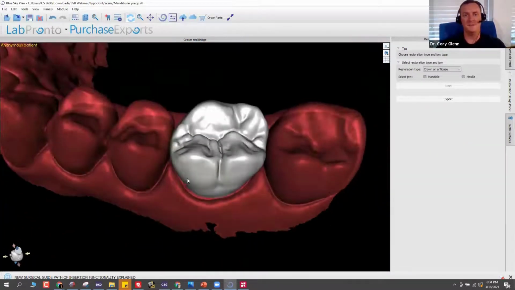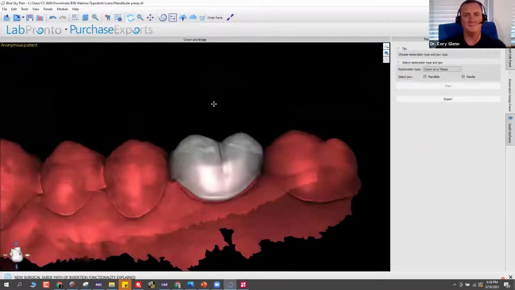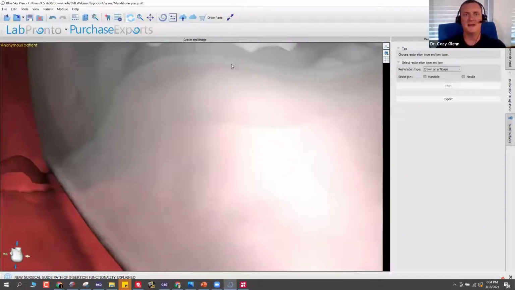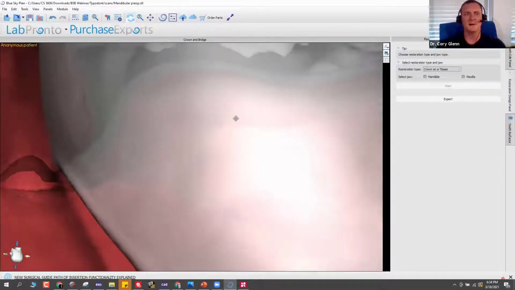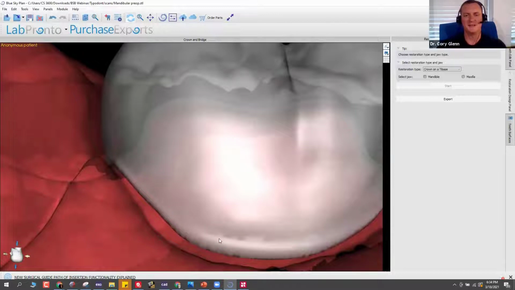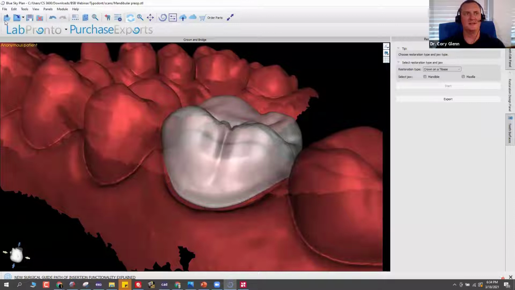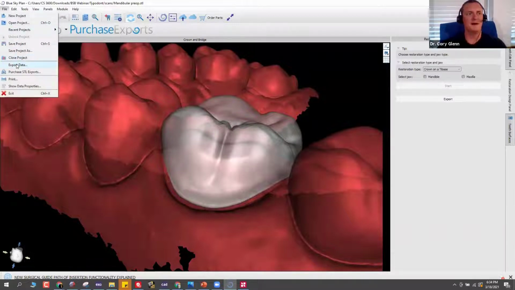There wasn't any opposing interference. And if we look at the internal of it, you can see the prep underneath. And so the 0.2 cement gap that we built in, you can see right here. And then right at the margin, it's got that 0 cement gap. So let's go ahead and export this and just take this to completion. I can go to File, Export Data,